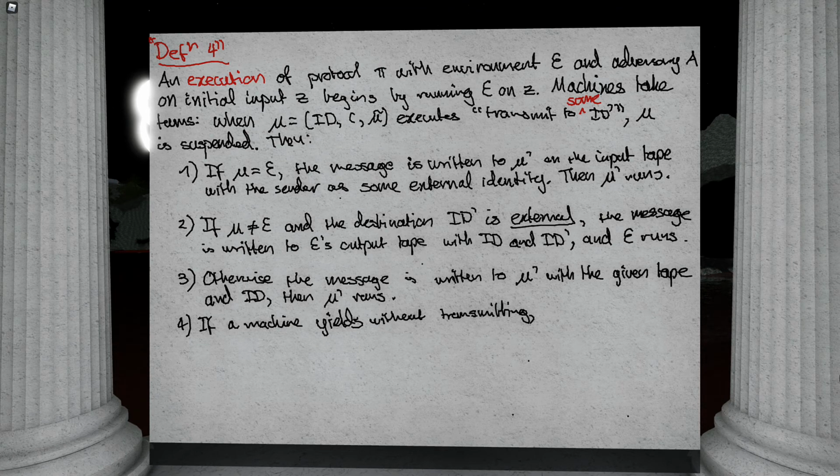what is the environment? Part of the specification of the environment is some sort of rule for who gets to execute if somebody yields, or how do you determine the order of execution? Yeah, so only one machine is ever running at a time. And the way this orchestration happens is the environment runs first. At some point, it transmits to a machine, then that machine runs.